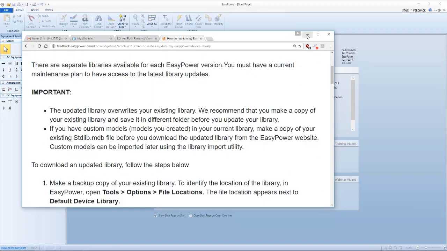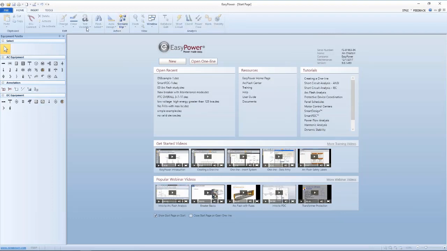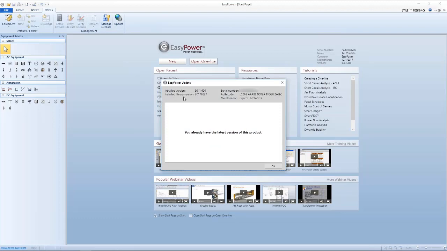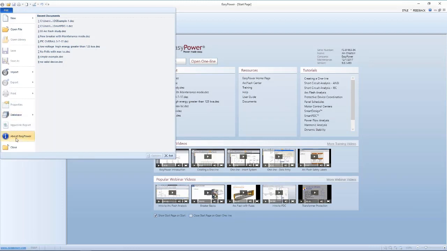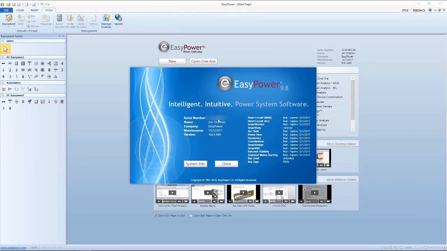All right, so first of all, I want to go into my tools, the update section, and by so doing, this checks with the version of the tool code that I have, and it tells me that I've updated, in this case, the February 2017 version of the device library. So chances are I need to update my library. To do that, I'm going to first go to my About EasyPower and write down my serial number,